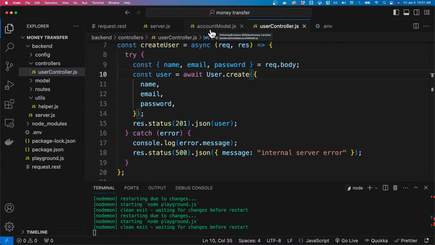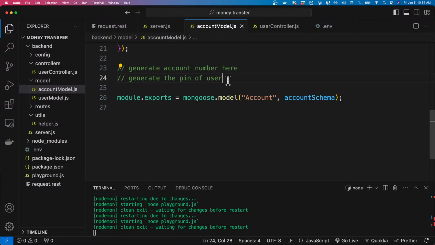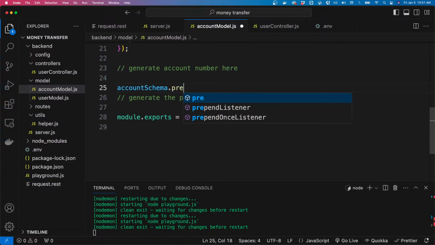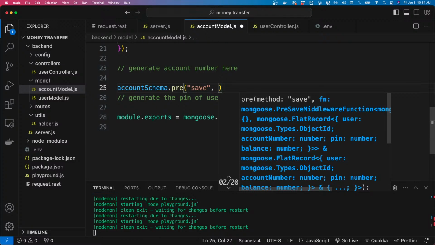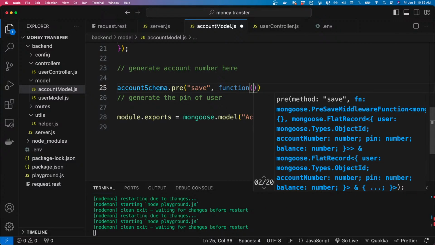So inside the account model, we then can say something like account schema.pre. Before we save the account details, run a function in here,